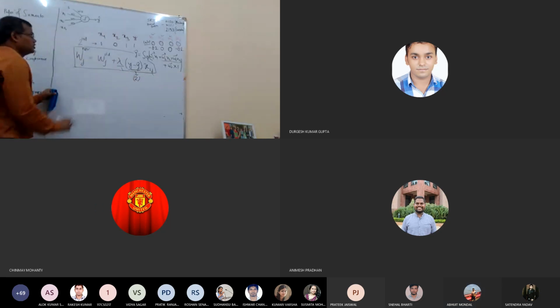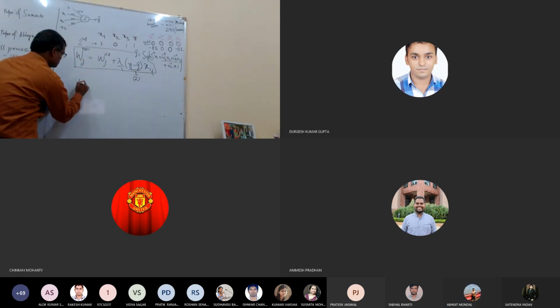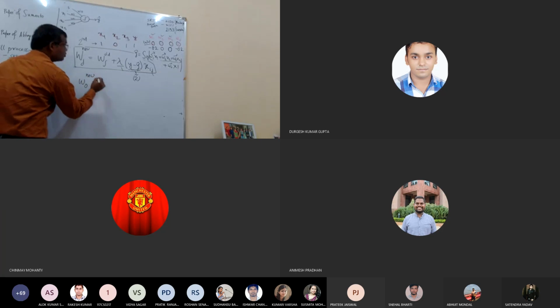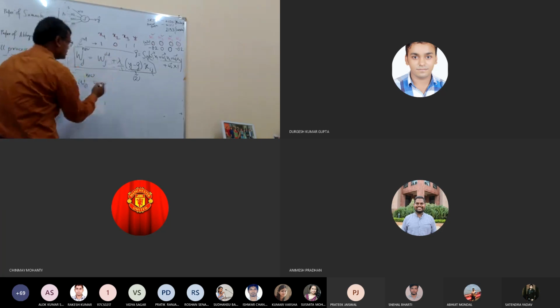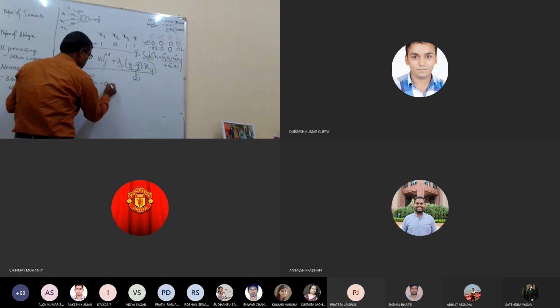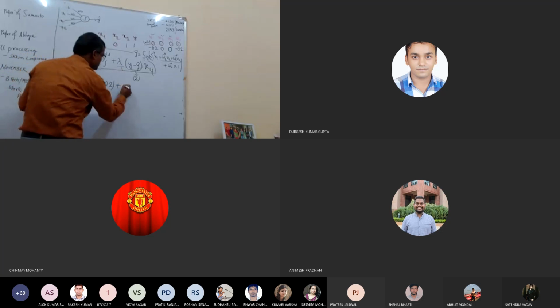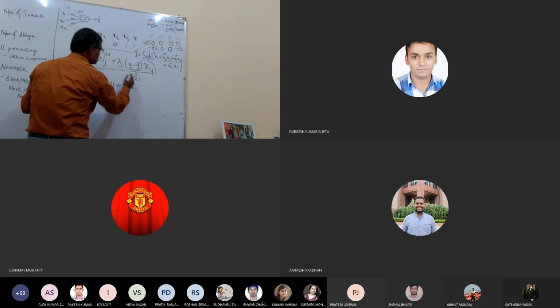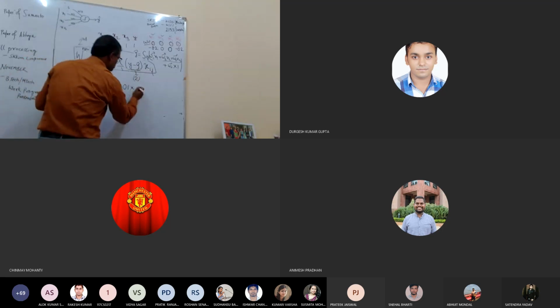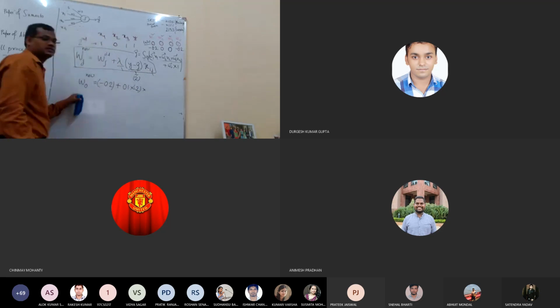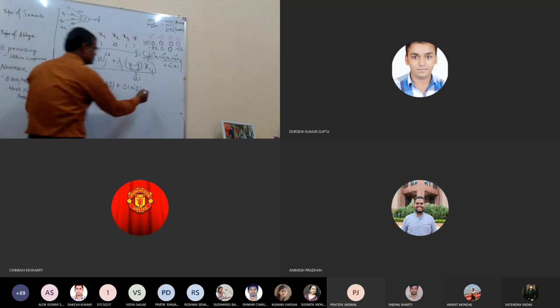Now what you have to do, you compute the value W0 new. What is the old W0 value? It is minus 0.2 plus lambda. Lambda is 0.1. Then this error is 2. And what is the value of xij? Xij for W0 is always 1.